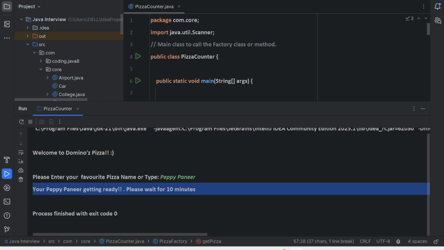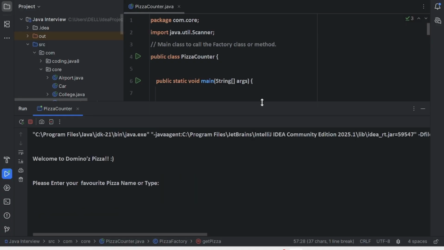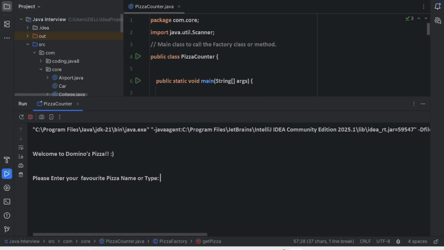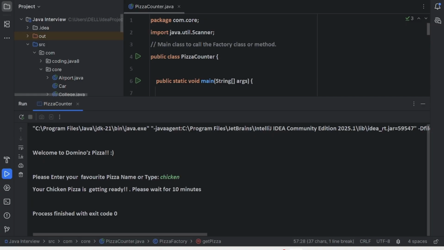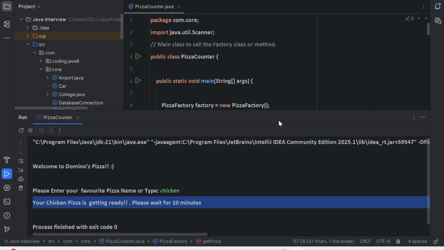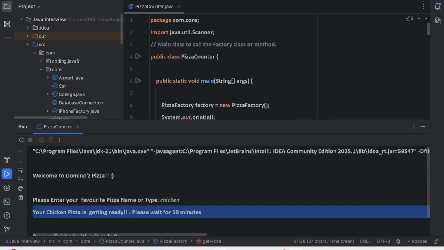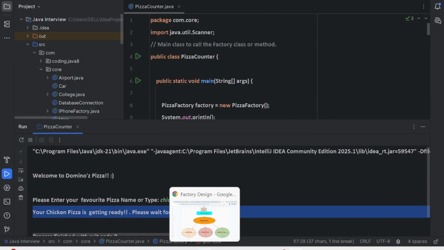Likewise we can give any other input. Suppose we give chicken, so see, your chicken pizza is getting ready, please wait for 10 minutes. So like this it will accept all the requests and it will process and prepare whatever kind of pizza the customer requests guys.